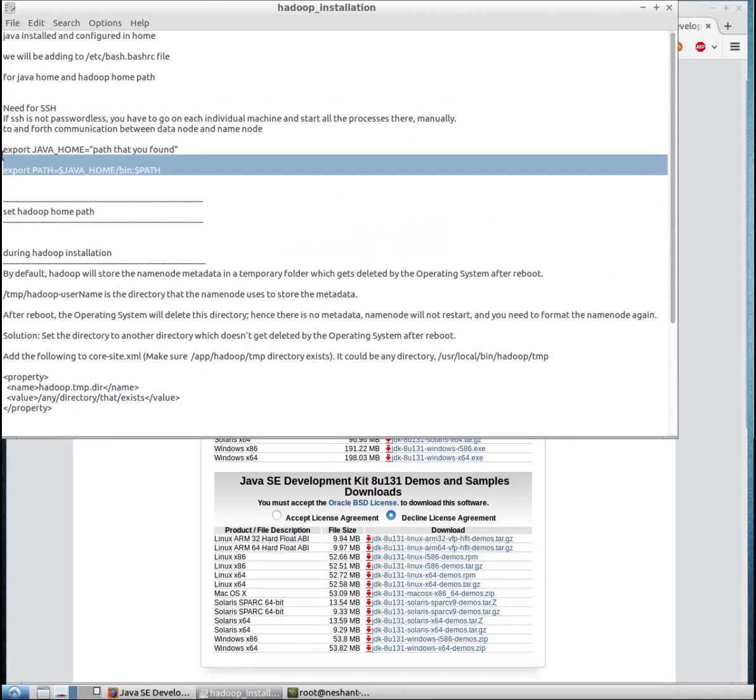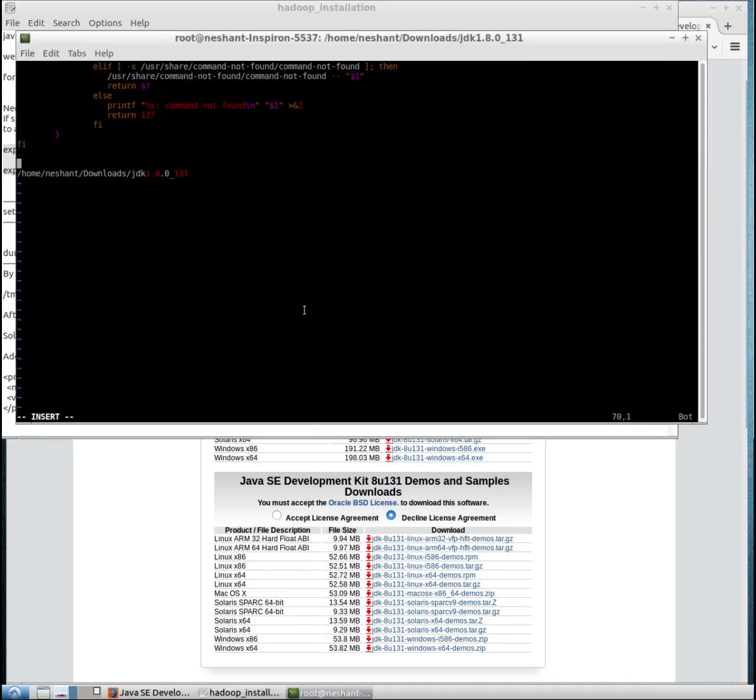So I'll be basically copying these two commands, and these will be used to set up the path. I'll use this path and paste it right there for setting up the Java home. And I have exported this path and added it to the current path. So the Java home will be added to the existing path. Cool.